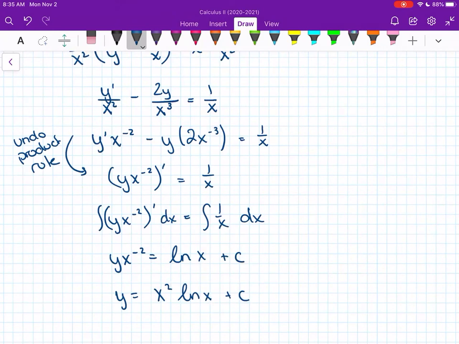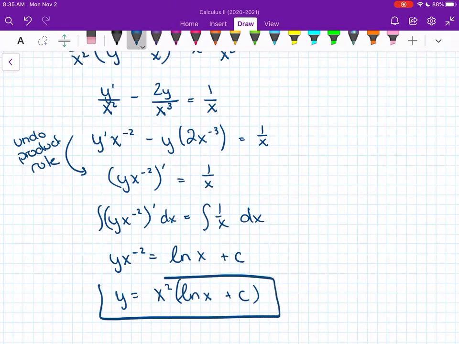And solve for y, so I get x squared times natural log of x plus c in parentheses. All right, so that is my general solution to that differential equation. And if they gave me an initial condition, I could go ahead and solve for c. Next class, we're going to talk about falling objects, filling containers,